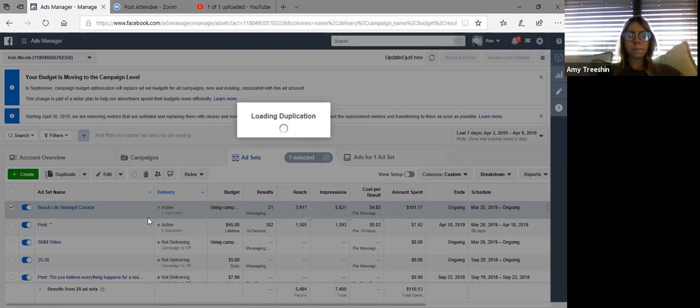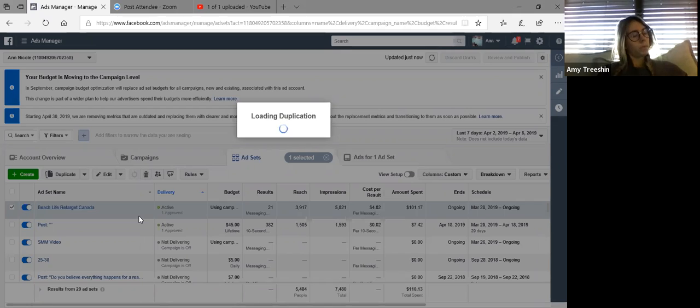So from the ad set level, you're going to duplicate it from there, and then it's going to bring up the screen like when you created the ad initially, and then you can tweak. Say you want to change the age of the audience group, then you can change that in there, or maybe you targeted parents of 3-year-olds as an interest, and you want to change it to parents of 10-year-olds. You can change the interests in there, or you can even change the placement if you want to add it into Instagram,